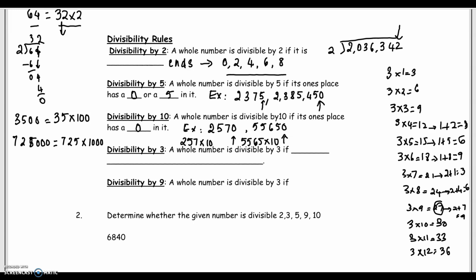So this is something you have to pay special attention to. A whole number is divisible by 3 if the sum of all the digits in the number is divisible by 3. So, for example,